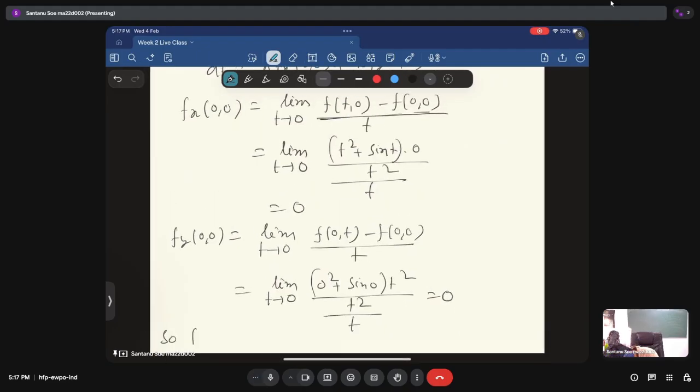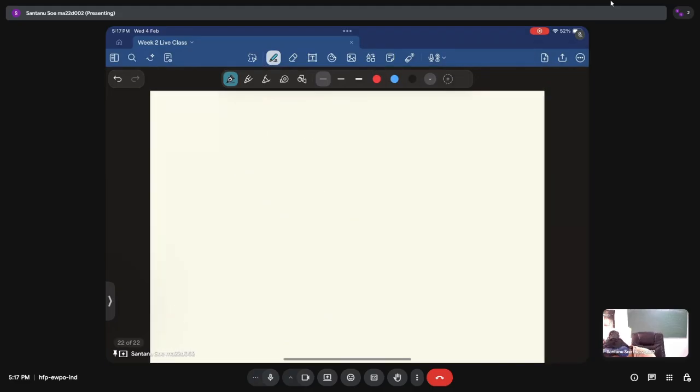So fx(0, 0) equals fy(0, 0) equals 0. Correct? So this implies that df equals 0. So now our definition, Δf minus df divided by the square root of h square plus k square, will change into